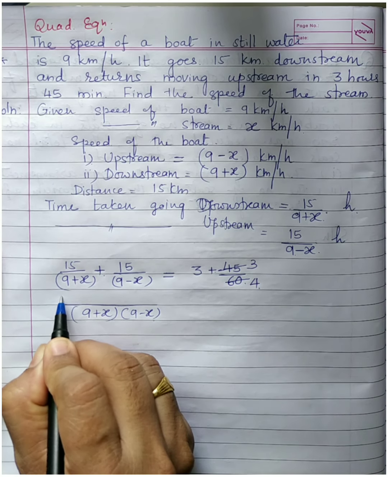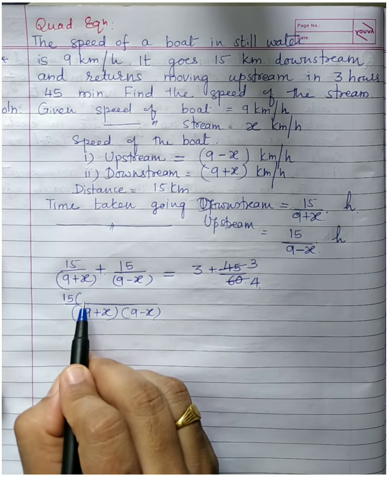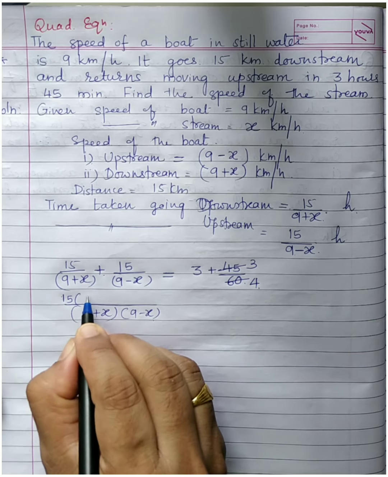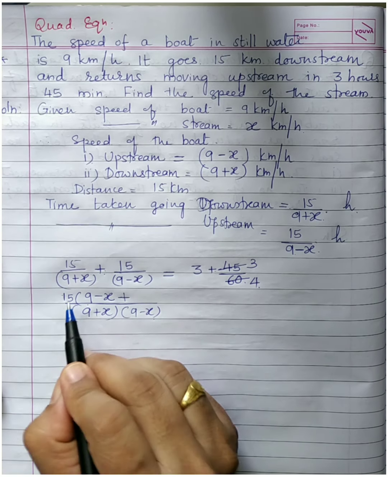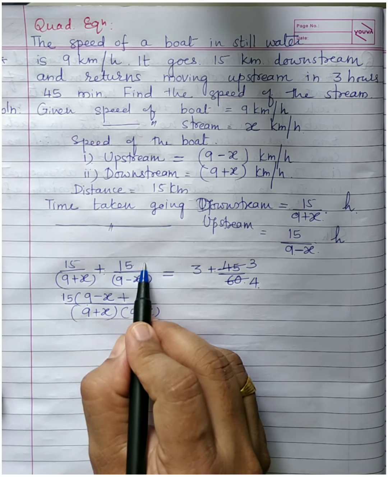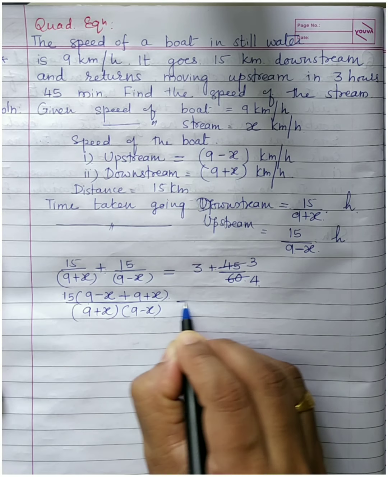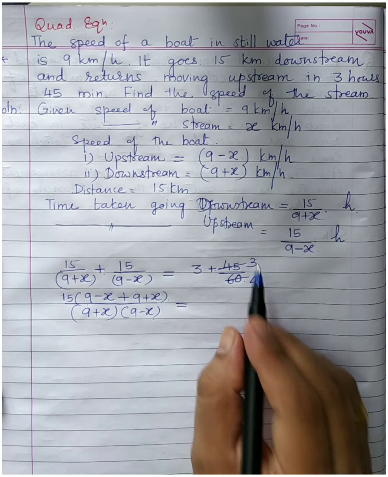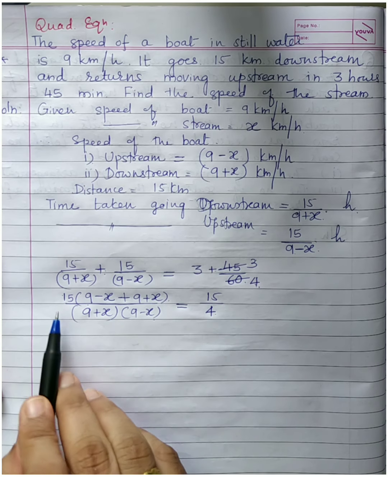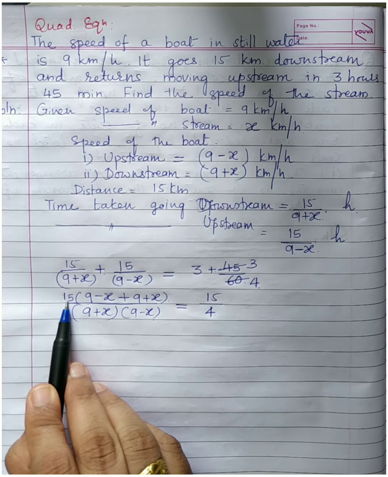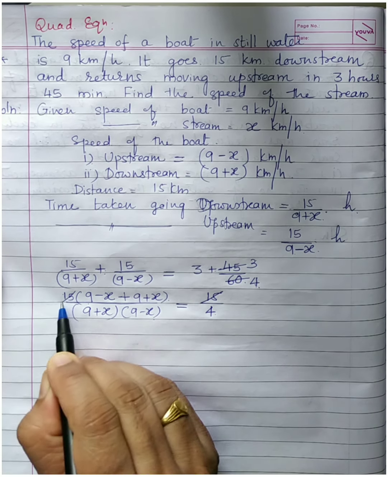And now 15 is seen here, right? So what I will show you now: if you take 15 common here, what is left here will be 1, and 1 will be multiplied by 9 minus x, isn't it? Plus this 15 is common here, what number is left here? 1. 1 into 9 plus x, is equal to 4 threes are 12 plus 3, 15 upon 4. So now you know the reason: 15 is a multiplier here, a factor. So these two I can cancel.